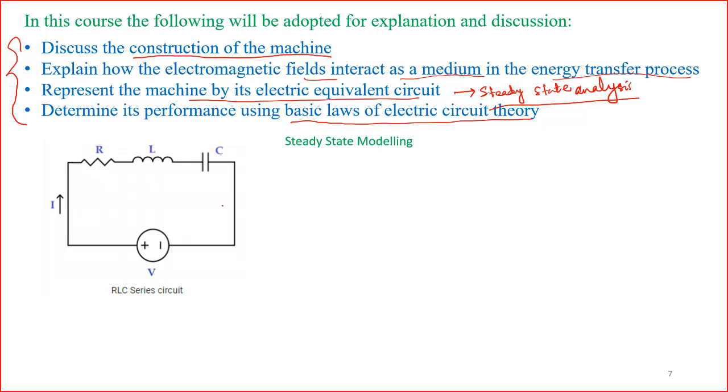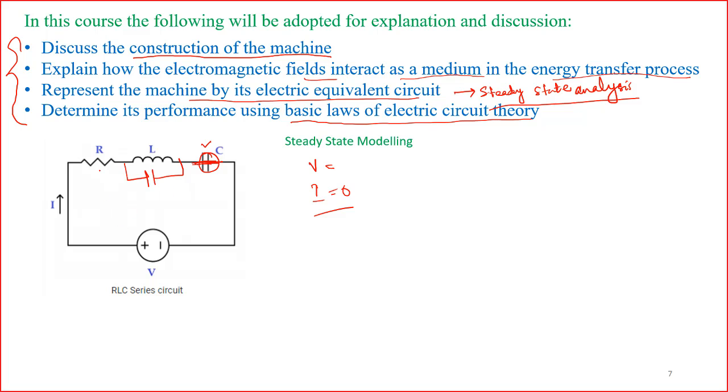Directly, if I apply Kirchhoff's voltage law here, I can write V equal to what? Under steady state, this capacitor will act as an open circuit, so no current will flow. Therefore I will also become equal to 0 under steady state. But if I connect this capacitance, because it is a DC source, and I make it short circuit,